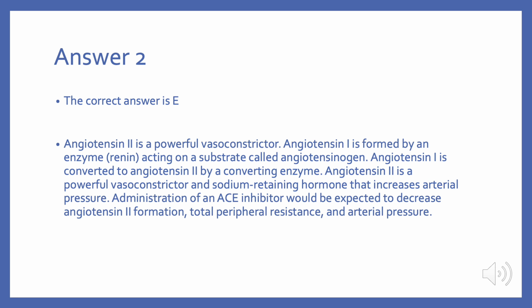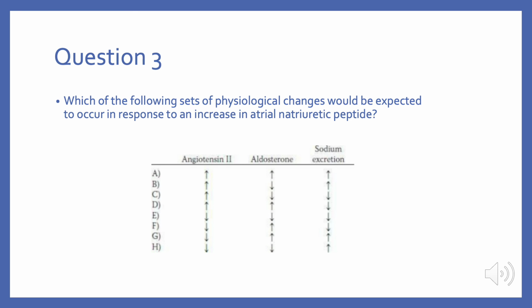On this slide, you can see the answer that we just discussed in a bit more detail. Question number 3. Which of the following sets of physiologic changes would be expected to occur in response to an increase in atrial natriuretic peptide? So this is a more straightforward question. It asks you for the physiologic functions of atrial natriuretic peptide. And as we've learned, ANP along with BNP inhibit the